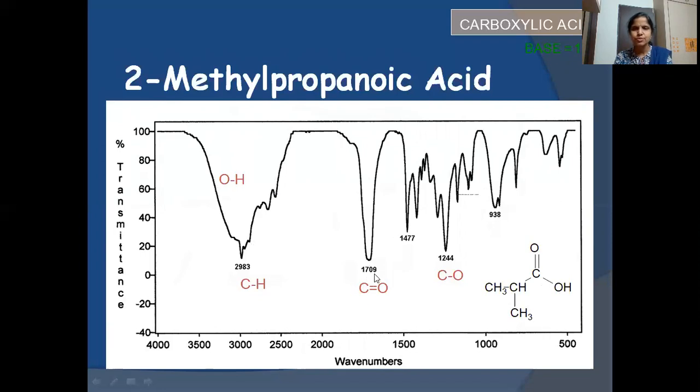That is less than ketone. Then we should also observe the C-O single bond, this one also, around 1200. Understood? So three bands you have to keep in mind for carboxylic acid. One is the OH band, the characteristic OH functional group stretching vibration, the C=O stretching vibration, and the C-O stretching vibration. If these three are observed, then we can say that the compound might contain a carboxylic functional group.